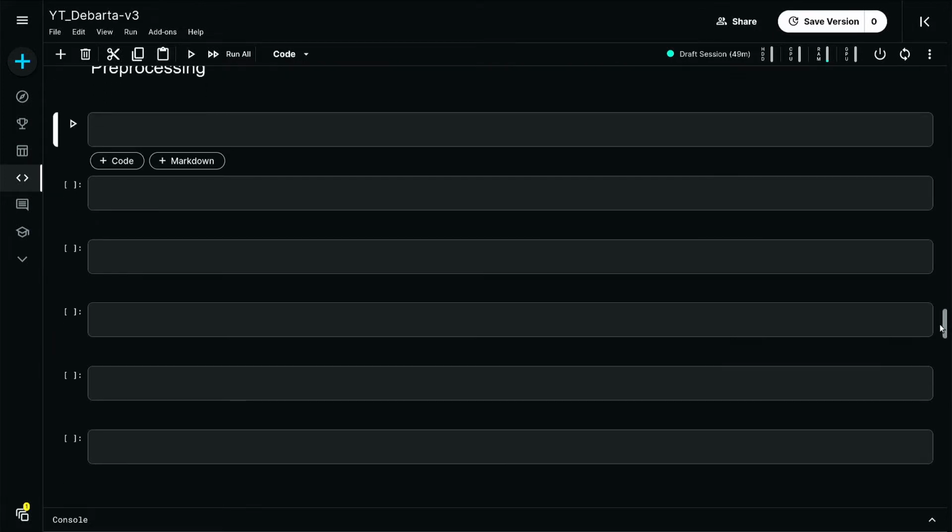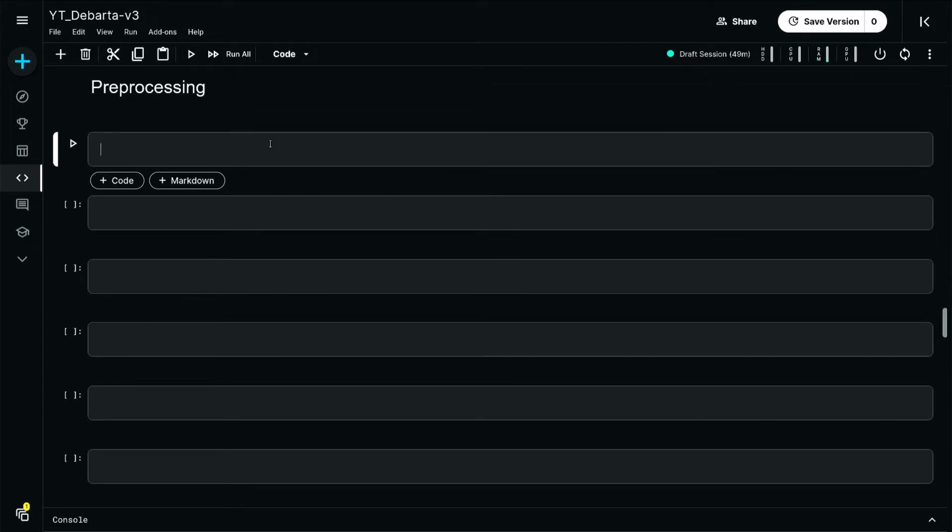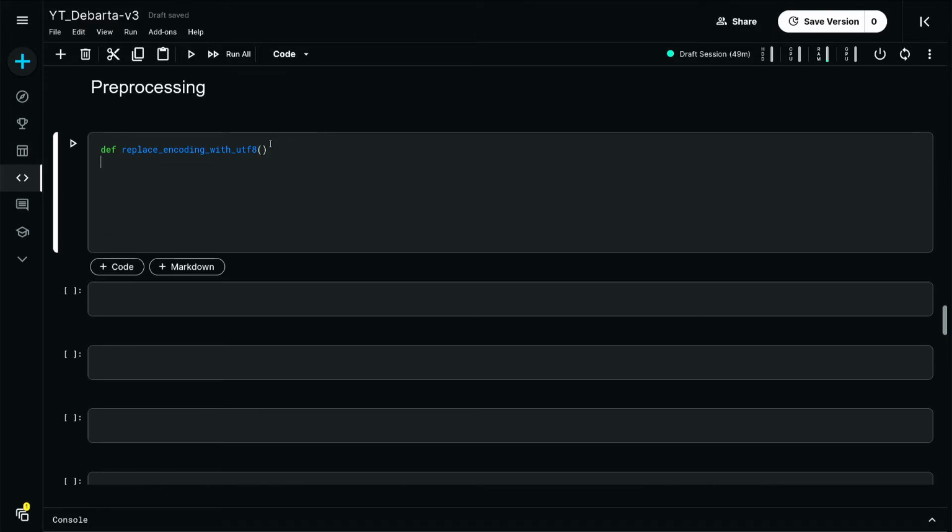And during the pre-processing part, first I will have a few util functions to deal with the encoding error. So the first one is replace encoding with UTF-8. Error of type here, and that actually will give me.